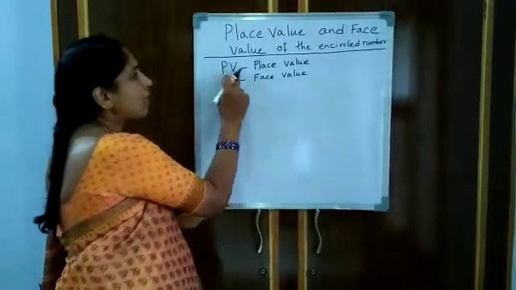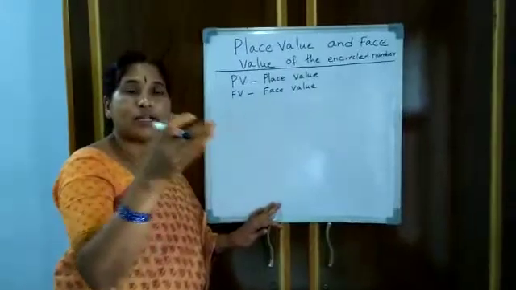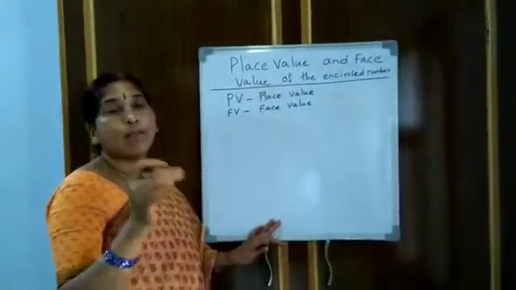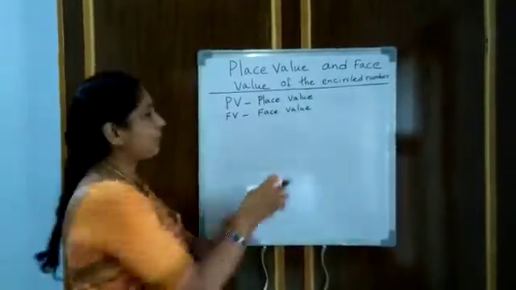The place value of a number will change. Whether it may be hundreds place, tens place, thousands place, it will be changing. But the face value of that number will not change. See here, for example,